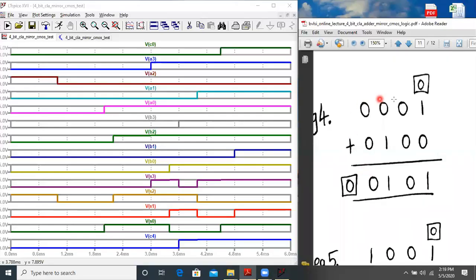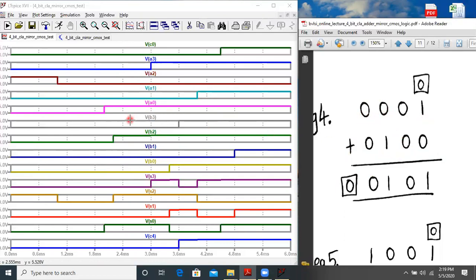Now let us check the fourth combination over here. The fourth combination is from 2.2 millisecond to around 3 millisecond. So let us start from C3. C3 is 0. A3 to A0 is 0, 0, 0, 1. So it is written over here 0, 0, 0, 1.